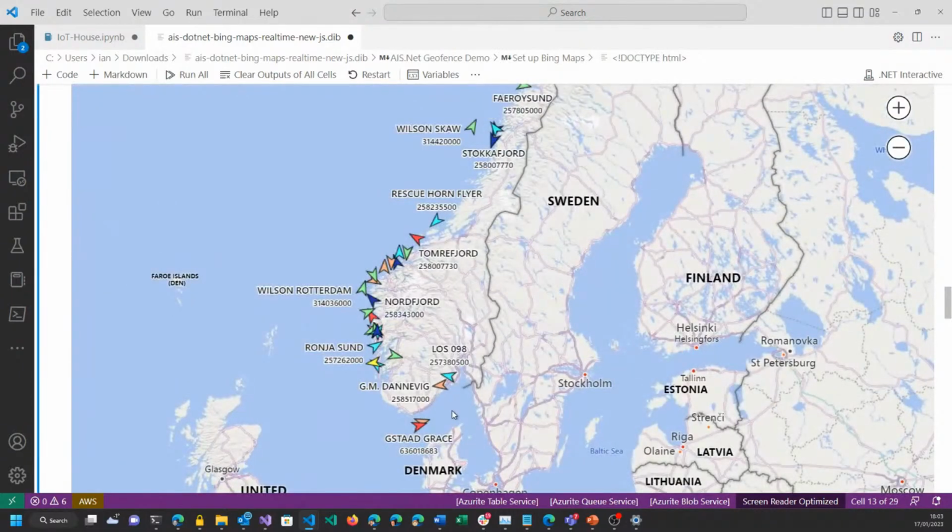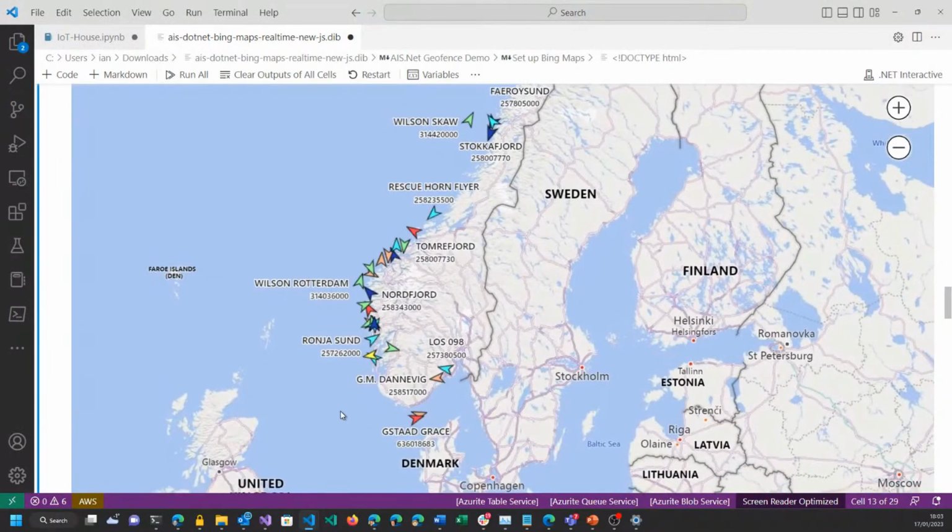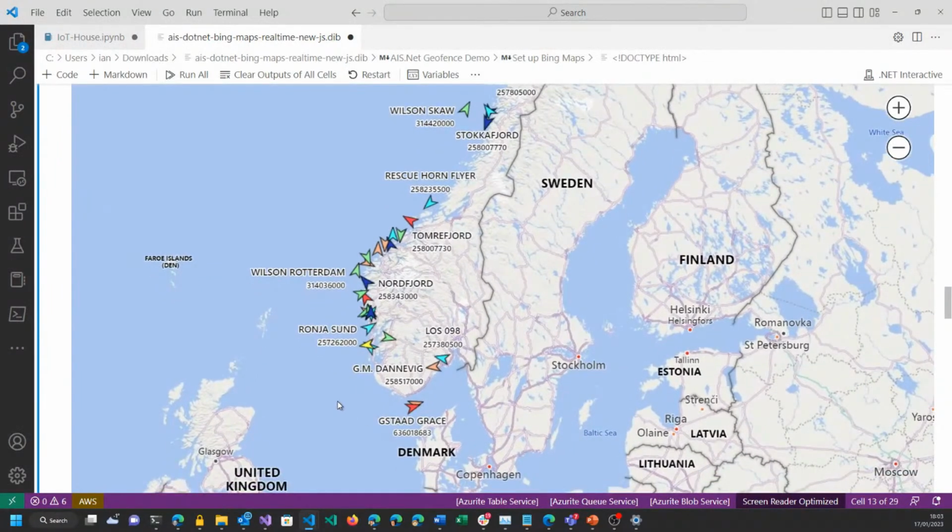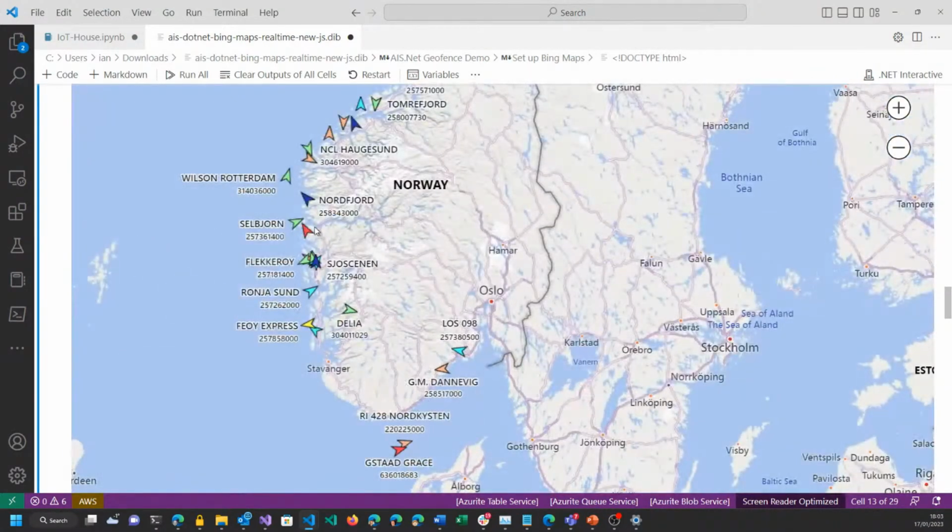Because, as I said, they don't all report their name all the time. So we're seeing all the ones where we've had both the name and the location and also the type. So these are color coded in a way. I forget exactly what the colors mean, but you can tell what sort of vessel they are. And over time, they will move around if we sit and stare at them for long enough, and more will appear. So this is an application of Rx's ability to do live processing.